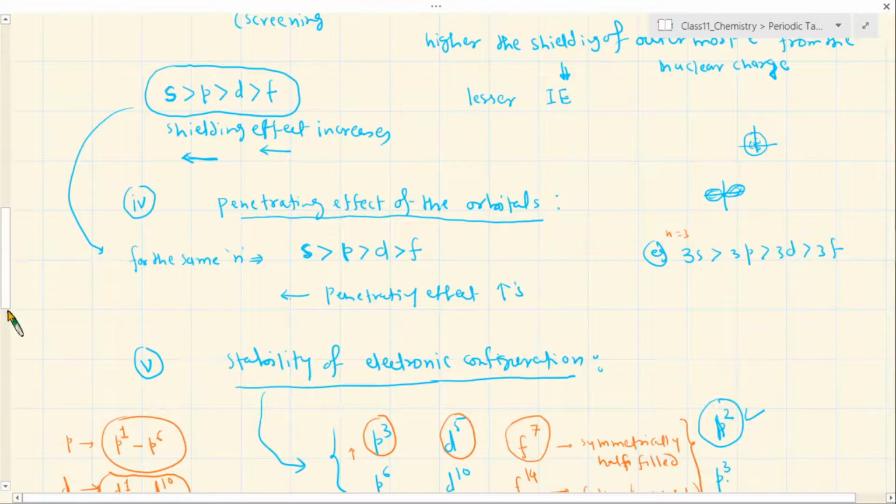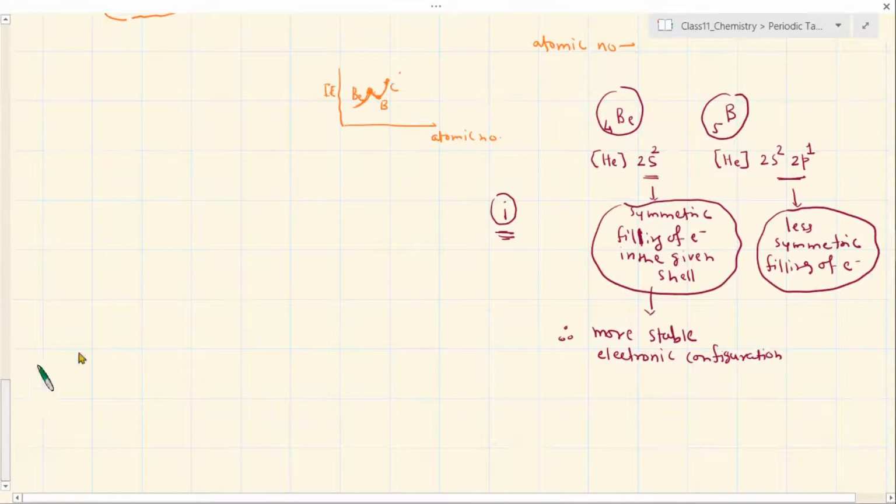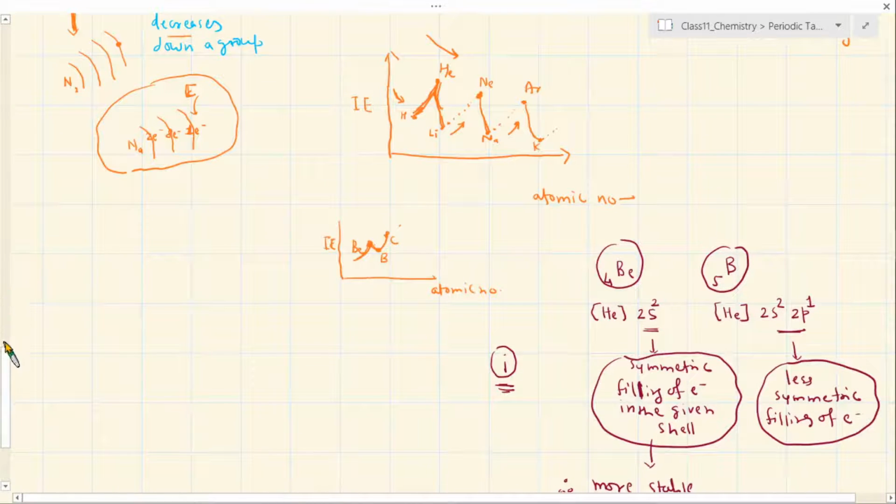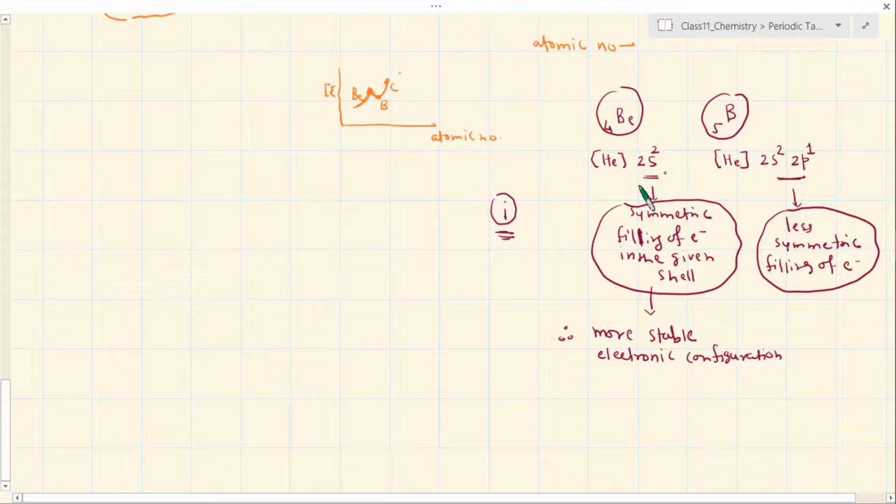Definitely the stability of electronic configuration is one factor, which is about being completely filled. Here it is completely filled, but not this one. If you had P3 here, that would have added more symmetry and would have stabilized it, but this is P1. So P1 will not stabilize this electronic configuration as much as this one. So this is more stable. Second, as I said, s orbitals